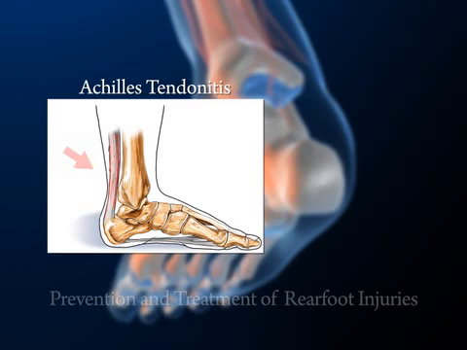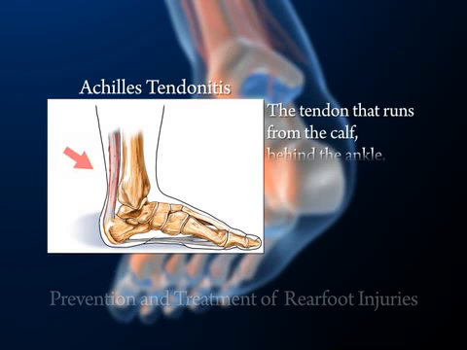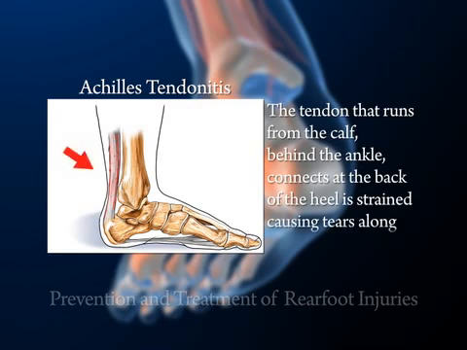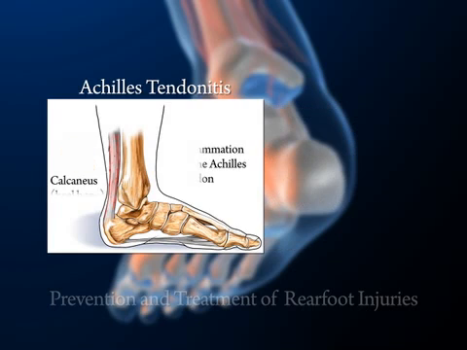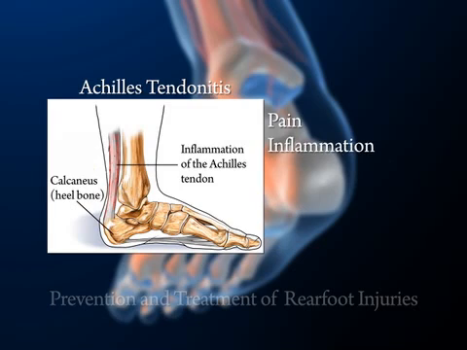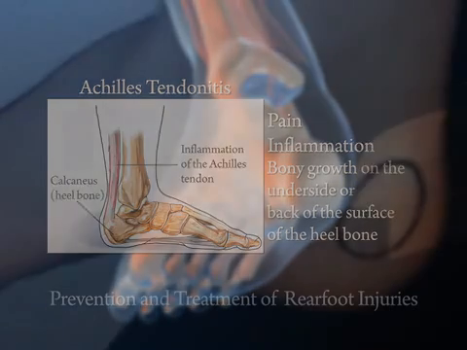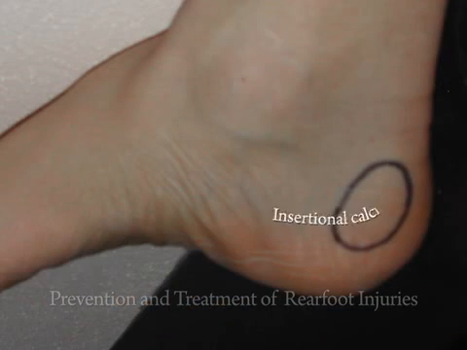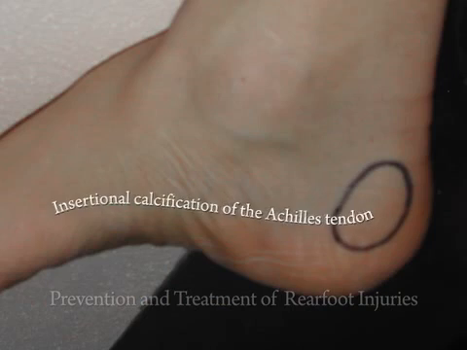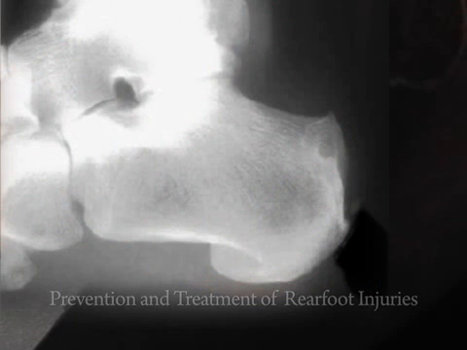This condition occurs when the tendon that runs from the calf behind the ankle and connects at the back of the heel is strained, causing tears along its length. The result is pain, inflammation, and possibly the development of a bony growth on the underside or back of the surface of the heel bone. This is called an insertional calcification of the Achilles tendon, and in some cases, lumps may develop on the back